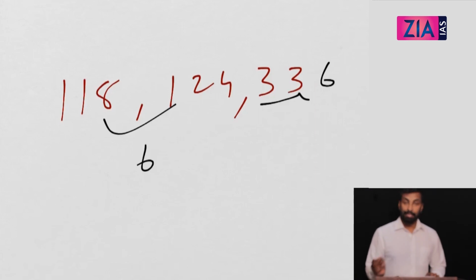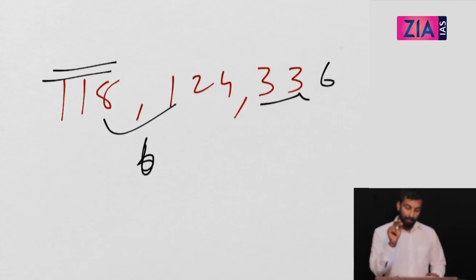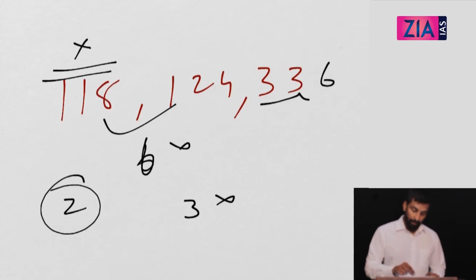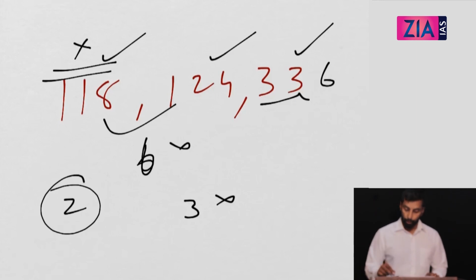Now, what if this is 338 or this is 336? What is answer? You take the small difference, that is 6. Now check whether I can divide with 6. So this is 10. Sum when you take 8 plus 2, 10. So not possible with 6. 3, not possible because this is not possible to divide with 3. What about 2? Yes, you can divide this with 2, this with 2, this with 2. So 2 is the HCF.